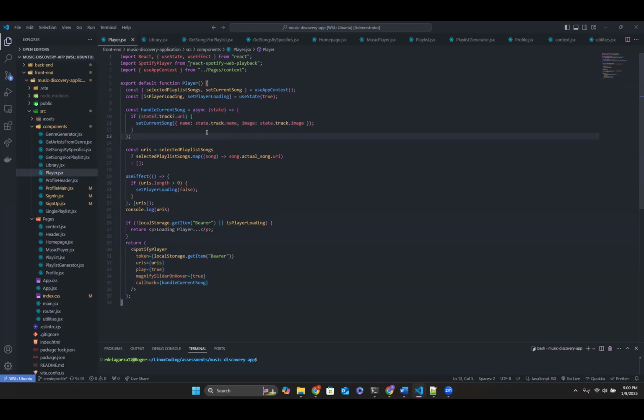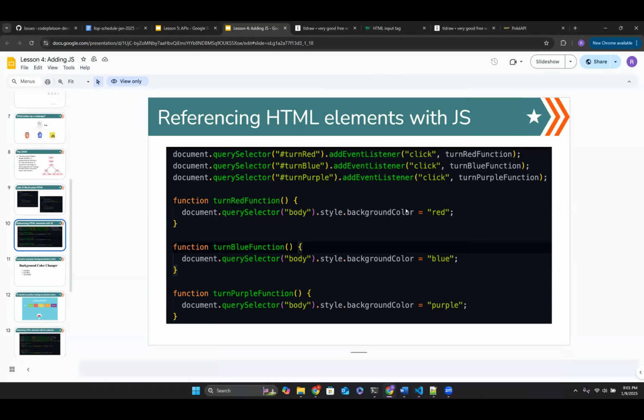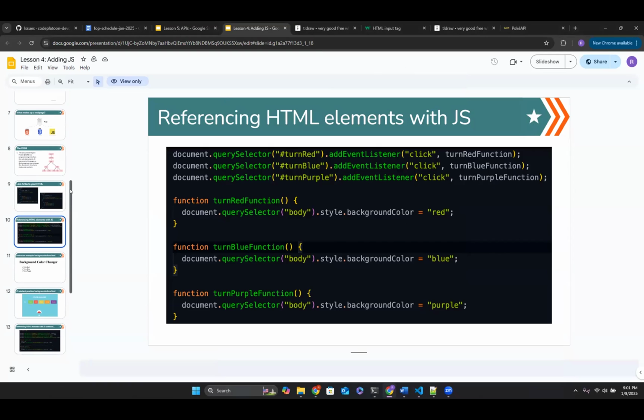And this can be very intimidating when you first see it. You're like, how are you combining JavaScript to create HTML elements? That's really weird, right? So it's important because although React does a lot of the heavy work, to understand all this, you need to understand this, right? Of how the DOM is working. So this is a very important part of it, and why it's taught here in the foundation of programming, because it's going to tie in and build off into React when you guys get into your cohorts.